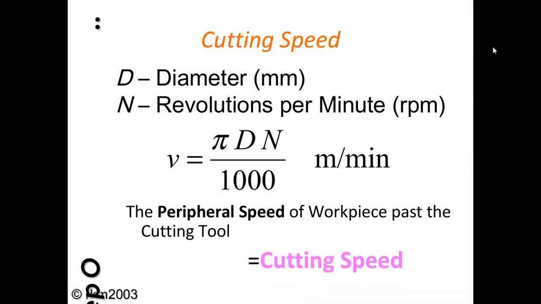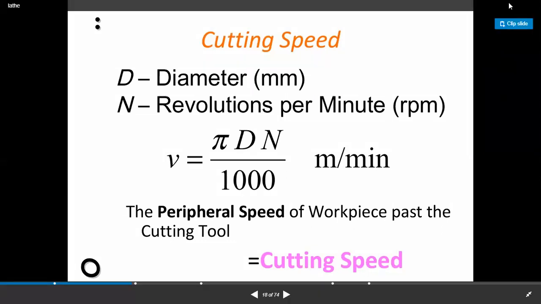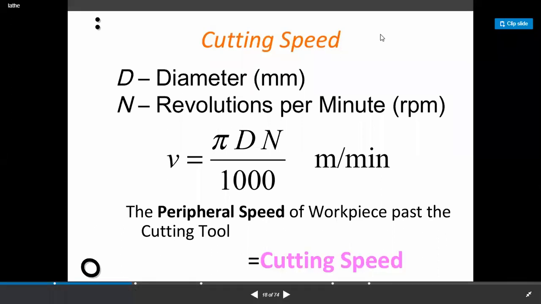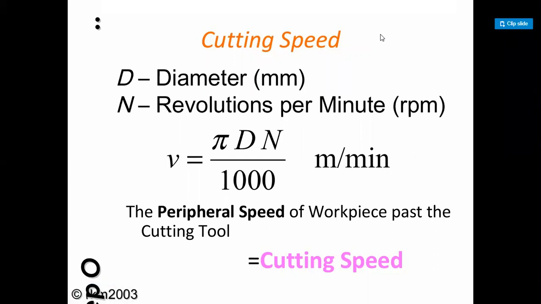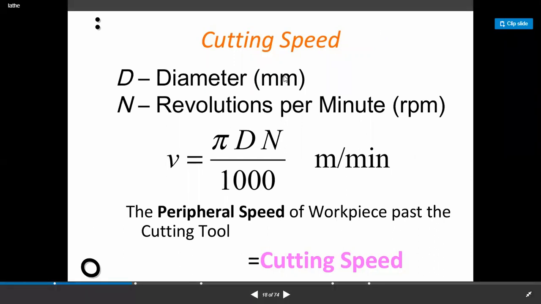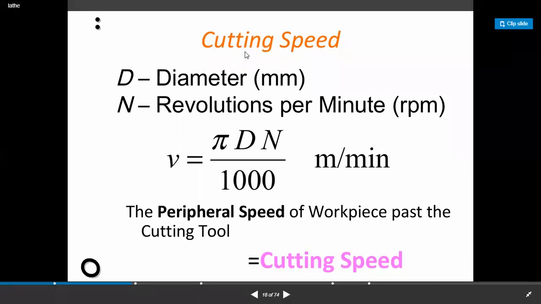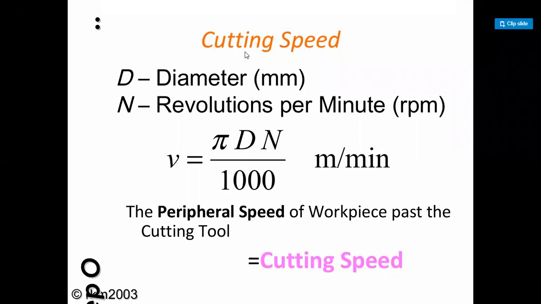So is it clear, students? पहिला parameter कळाला सगळ्यांना? Because that question is asked for 4 marks in your theoretical question. Numerical is asked where some diameter and some RPM is given. You have to find out the cutting speed. So that cutting speed V is equal to pi d n upon 1000. That formula is very well known to everybody. माहित नसेल तर लक्षात घ्या परत.